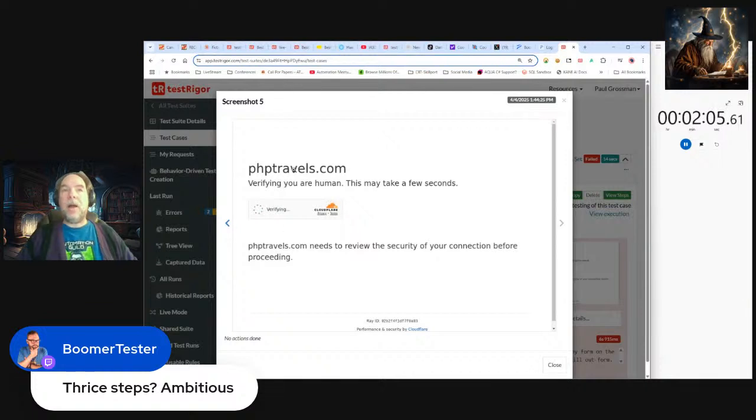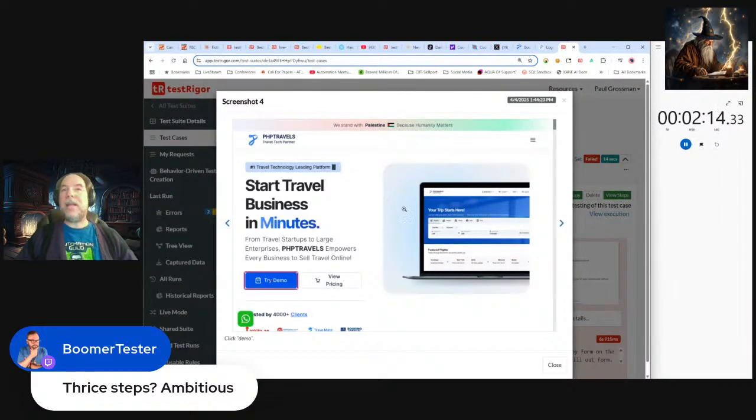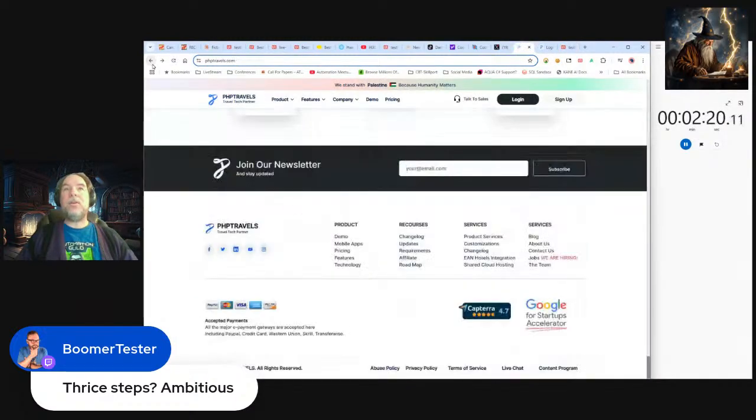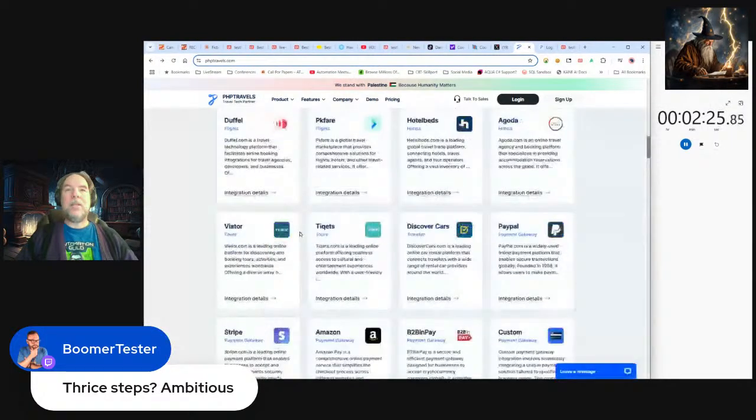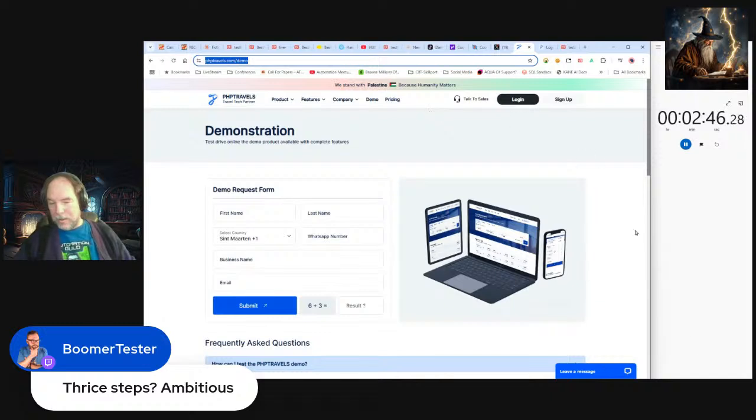All right, here's our problem. I can't get to there, but let's see if I can. If I clicked on demo, oh, it said try demo. That's not the demo I want. I don't want try demo. Let's go back over. Let's see if maybe we can actually do this. So 3 lines. Demo is try demo. Is that going to take me to the same spot, or is it different? It takes me to the same spot. So I'm going to see if I can get around that. I didn't want to do that, but here's the problem. Like I said, it's a fake site, but they have CAPTCHA blocking it so that no black hats get into the fake site. I'm having a little bit of a little thing here.